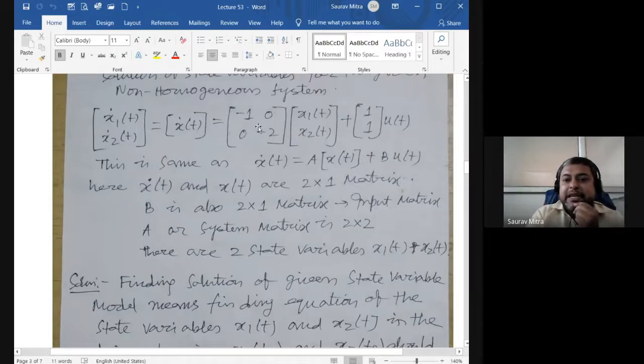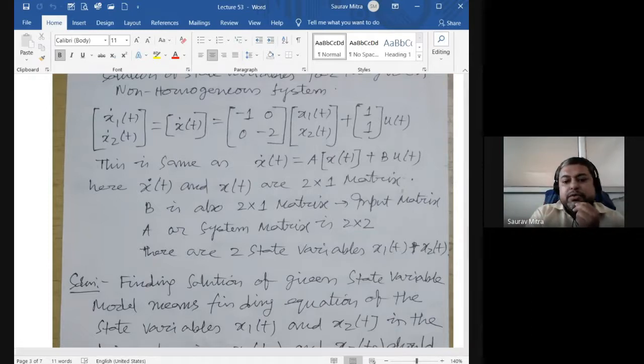And as this is given in diagonal form, very easily you can find out, as it is -1 and -2, its e raised to at will be e raised to minus t and e raised to minus 2t. Okay, so find SI minus A inverse and then take ILT. Directly you can write down as it is given in diagonal form. We know that state transition matrix will be e raised to minus t and e raised to minus 2t, and the 0, 0 will be 0, 0.